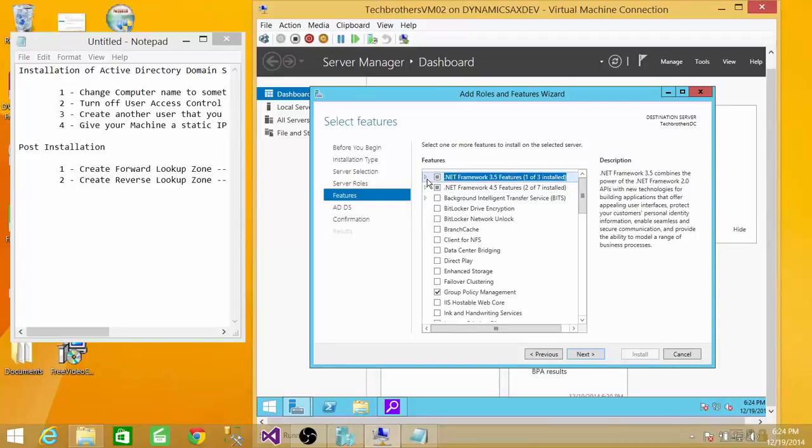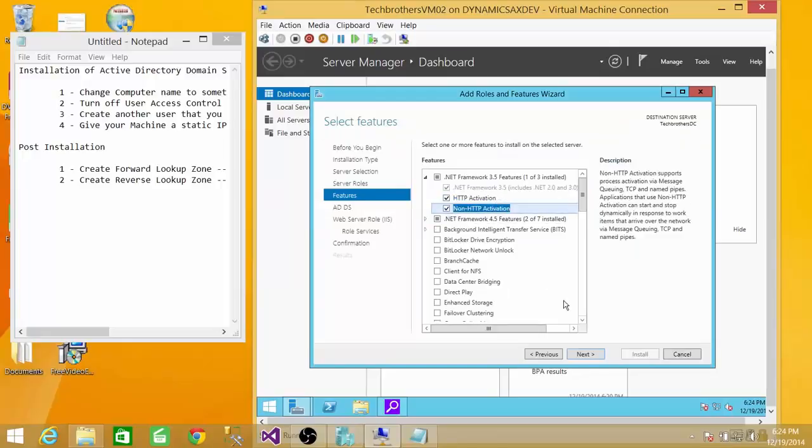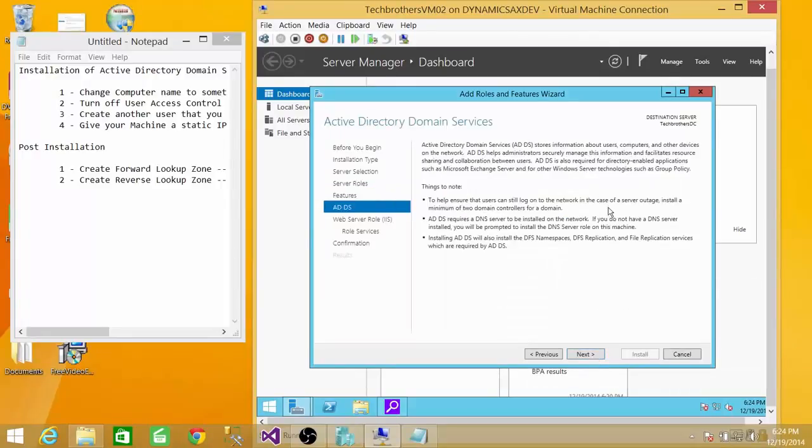So what we're gonna do is, this is very important for a lot of software, not just for Active Directory, but a lot of other software to work properly, because it combines the power of .NET Framework 2.0 and 3.0 together. So we're gonna go ahead and install the rest of the HTTP and non-HTTP activation features as well. So go ahead, click add features, click next,